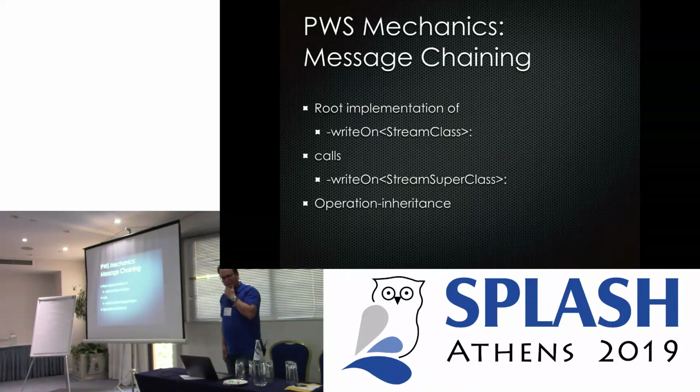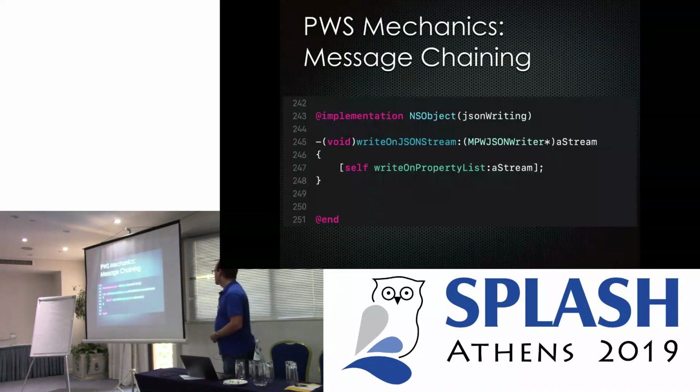Message chaining. The root implementation of the method that is implemented on the object side for the stream calls the method on itself with the message of the superstream. And with that, you get a kind of operation inheritance. So an example,